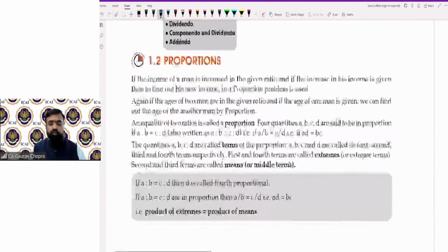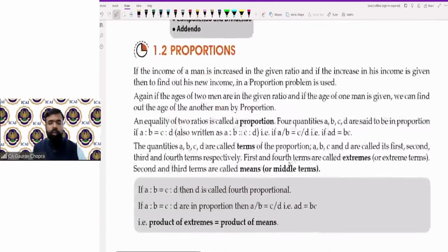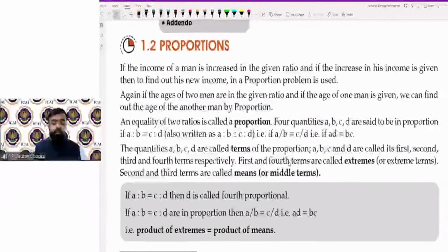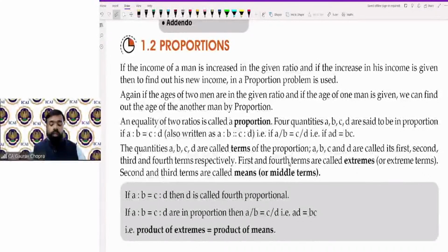So let us begin with the word proportion. Proportion हम किसे कहते हैं? What is the meaning of the term proportion? And इसका यूसेज कहाँ पे है? तो जब भी हम कोई केस स्टडी देखते हैं, लाइक किसी पर्सन की सैलरी इंक्रीज होती है, तो उस पर्सन